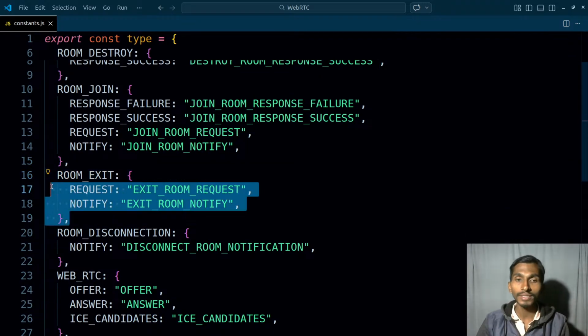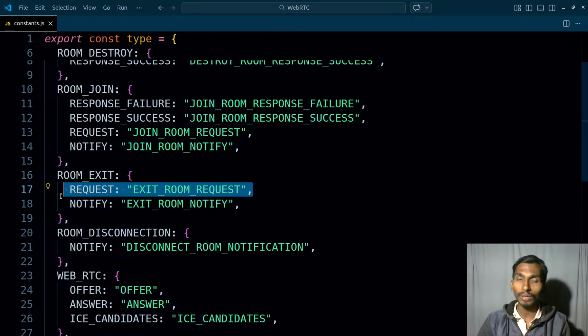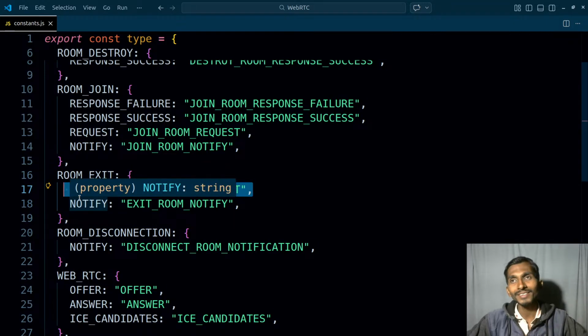Then let's talk about the exit. Whenever you exit the room, first of all, you request, okay, I want to exit my room. You must be wondering, I am requesting to exit the room, what about the response? What about the success response? What about the failure response? But the fact is that as soon as you exited the room,